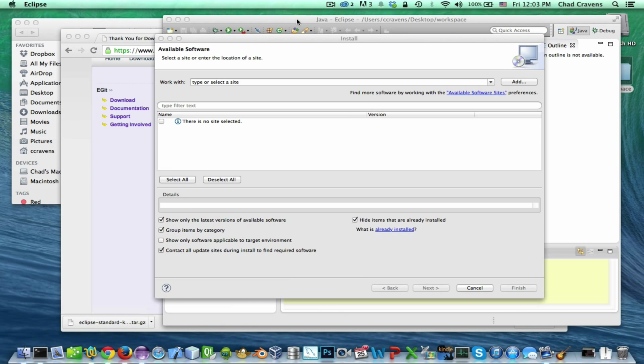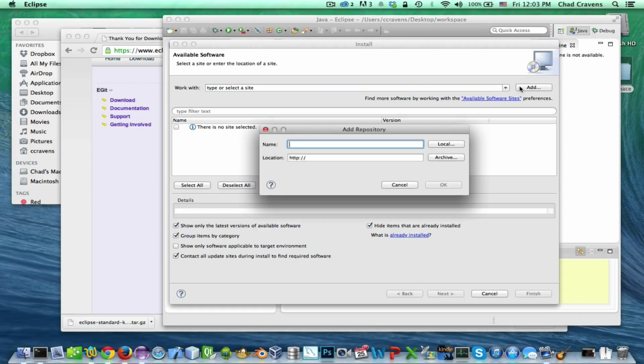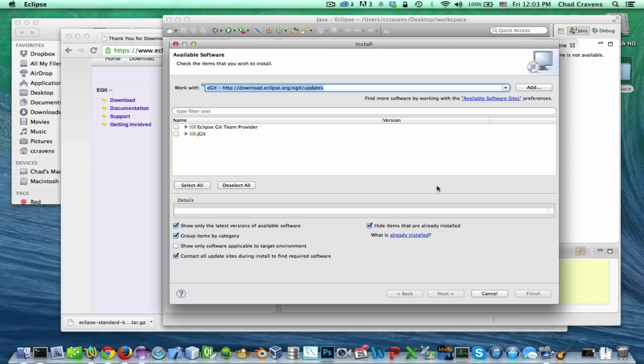We're going to go back to Eclipse, and you can see we've got this little install window up. Click add, because we need to add this eGit site. We're going to just call it eGit right up here in the name. For the location, I'm just going to press Control V, or Command V on Mac, and paste that Eclipse updates link that we just copied. We're going to say OK, and it goes out and reads this update site, and says, oh, I found two plugins that you may want to install. We're just going to install this top one here, this Eclipse Git Team Provider. So we're just going to check it and say next,